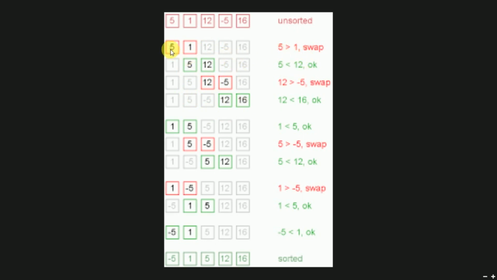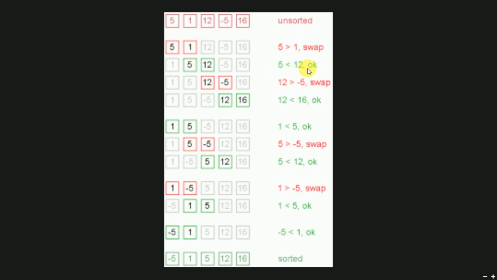In the first iteration, 5 and 1 are compared. As 5 is greater than 1, we have to swap, and we exchange 5 and 1. As a result, 1 comes in the first place and 5 goes in the second place. In the second iteration, we consider the second and third element. Remember, the second element is not 1; the 1 has come to the first place and the second element is 5 now. So the second element is 5 and the third element is 12. Again we check whether 5 is greater than 12. No, 5 is less than 12.